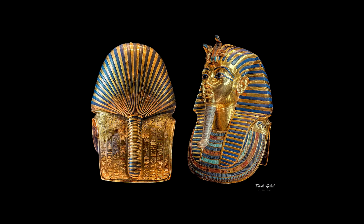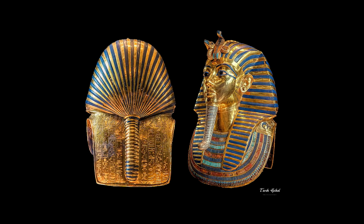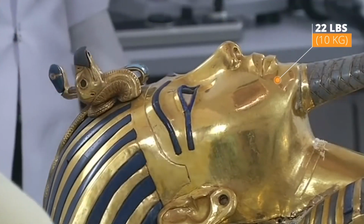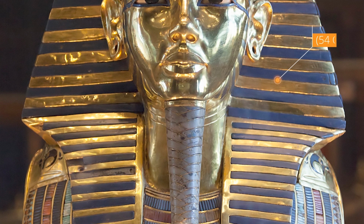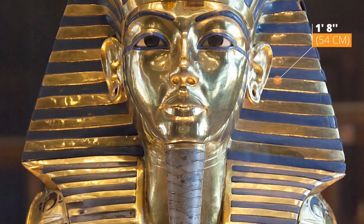It's a fair bet that you will have seen photos or likenesses of the death mask, if not the actual object, on one of its several trips around the globe. So, what's so special about it anyway? Well, for starters, it's 22 pounds or 10 kilograms of gold and semi-precious stones. Gold was significant to the ancient Egyptians as it doesn't tarnish, and it's also associated with the sun god Ra due to its glow. Tutankhamun's death mask is 1 foot 8 inches, 54 centimeters, tall, not the size of the